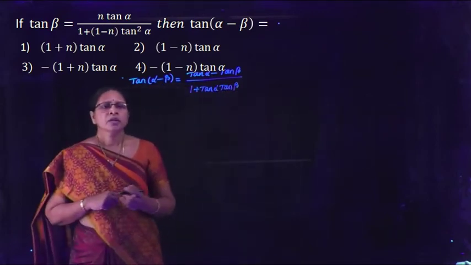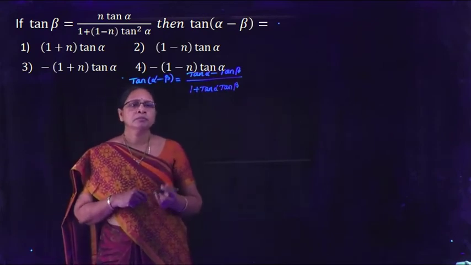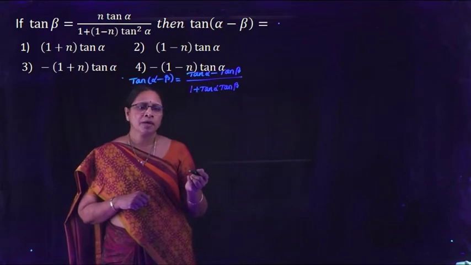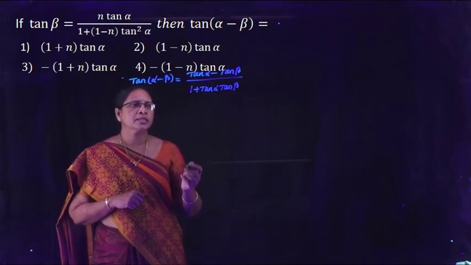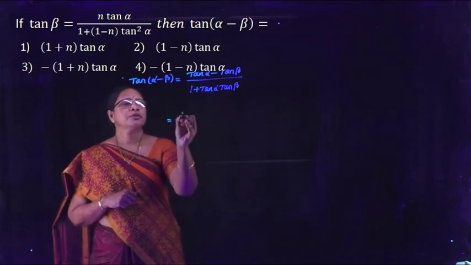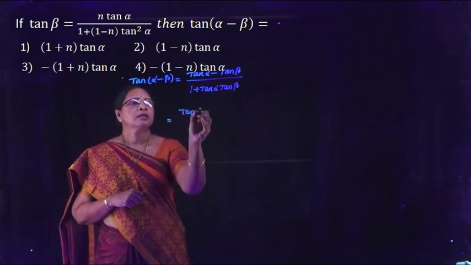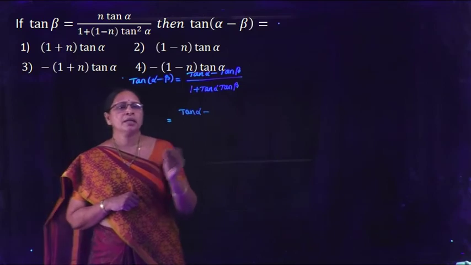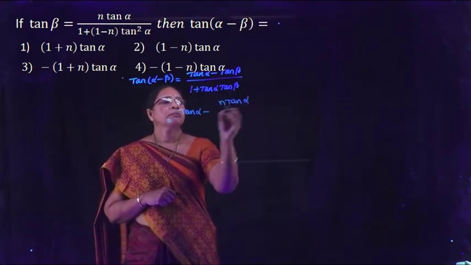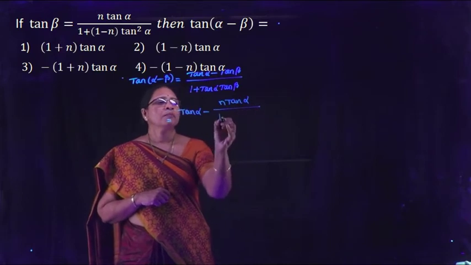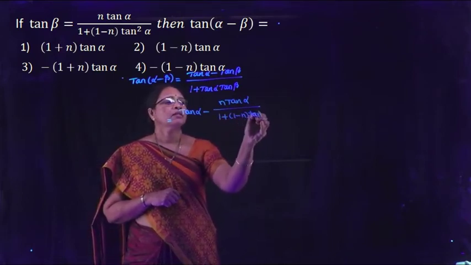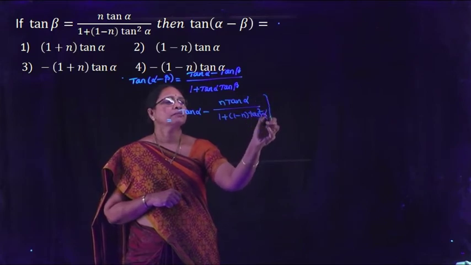Here, according to the given problem, the value of tan β is n tan α / (1 + (1 − n) tan² α). Then we can substitute: (tan α − n tan α / (1 + (1 − n) tan² α))